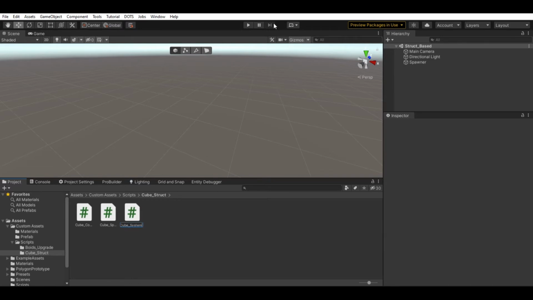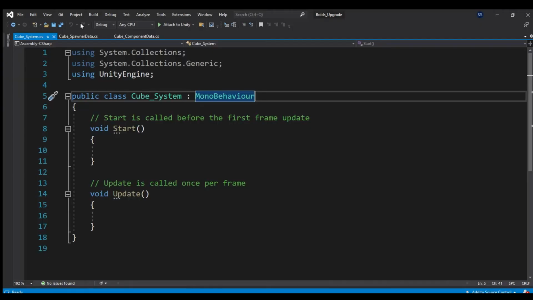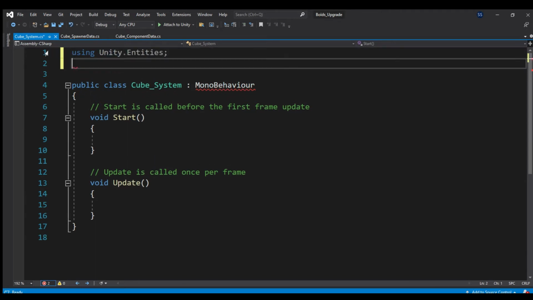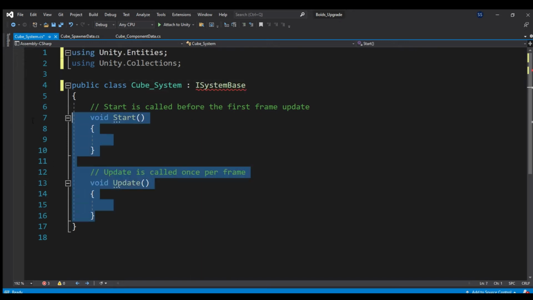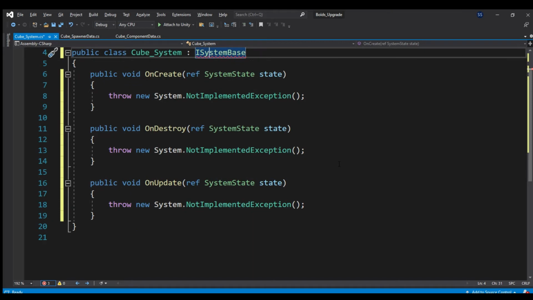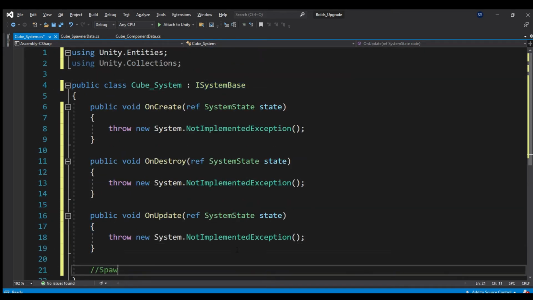Now let's create a cube system to spawn the cube entity and rotate the cube. Since we are only going to use structs, we will implement ISystemBase, which has familiar looking create, update and destroy methods that have a state argument. The state is also a struct of type SystemState, which keeps track of raw entity data. This means it can keep track of changes done to entities by other systems, like disabling an entity, for example. This is a very bad explanation, and I'll have a link in the description down below if you want to